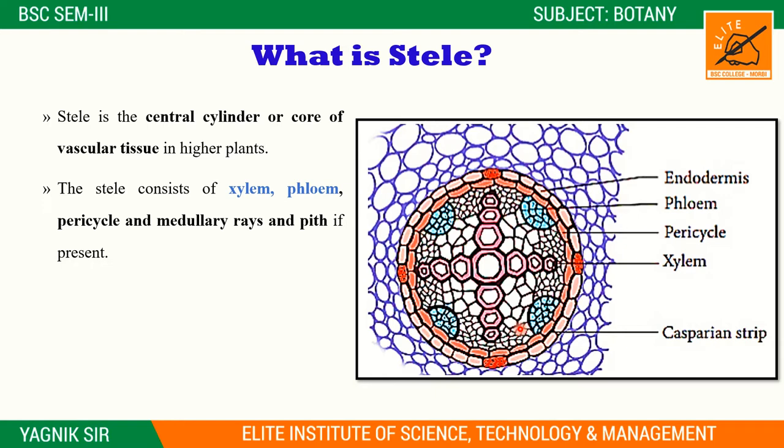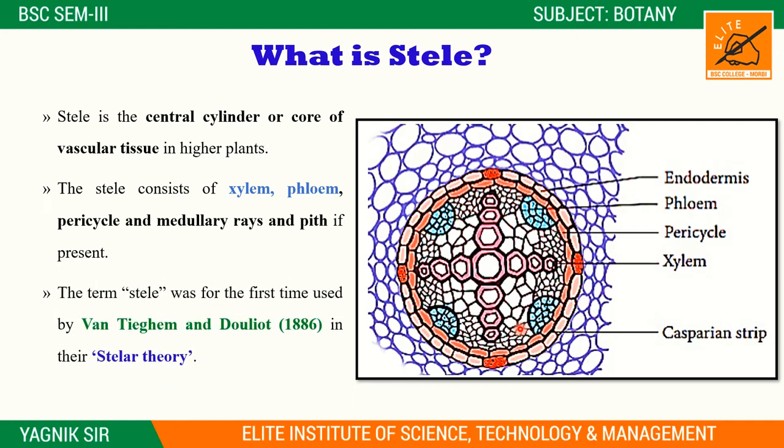These components are all present in this structure, right? The term stele was used for the first time by Van Tieghem and Douliot in 1886, right? This is called the stelar